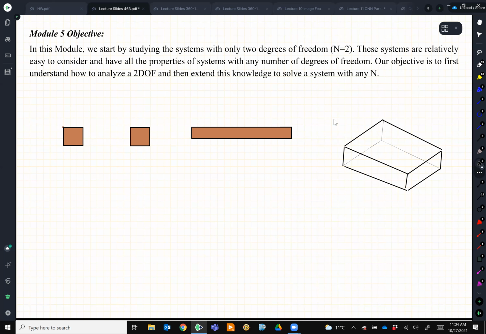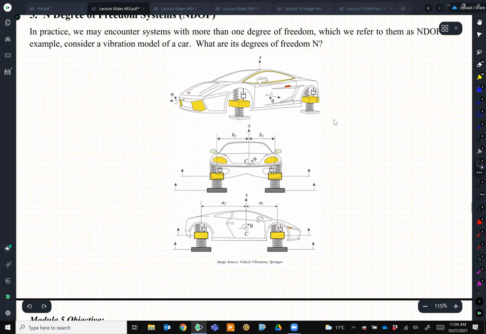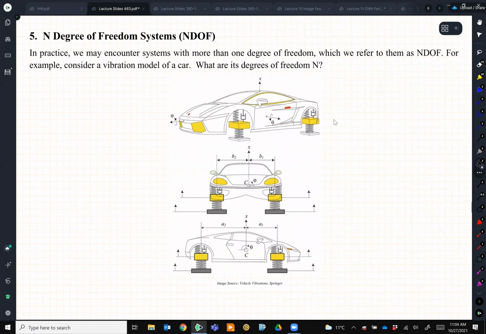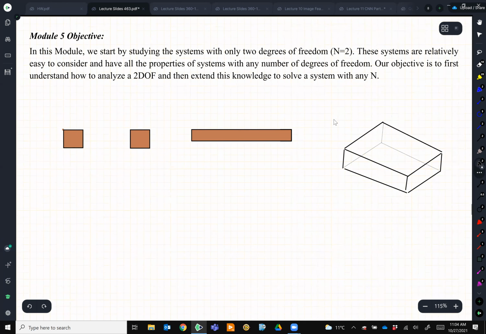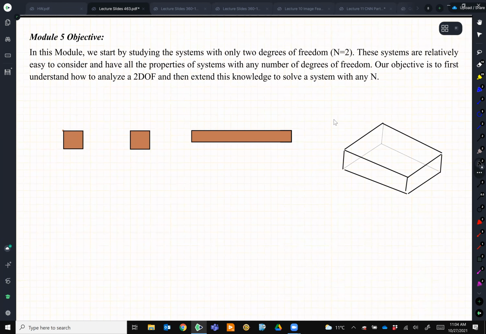Yes, Wednesday. So we will start with the new module in N degree of freedom systems. On your notebook, when you see chapter 5 or section 5, this is it, if you're taking notes. Okay, so